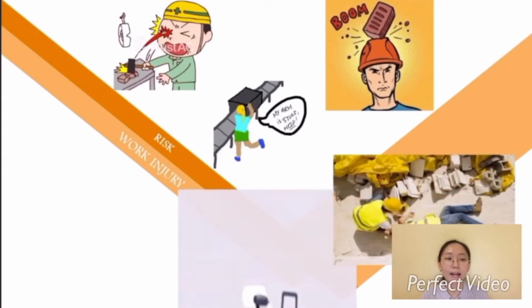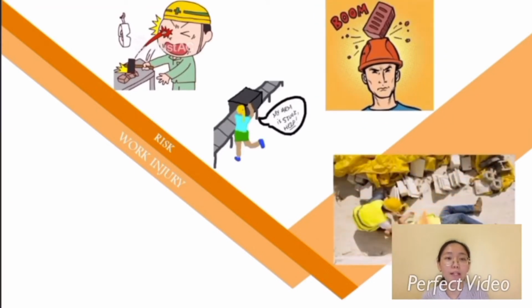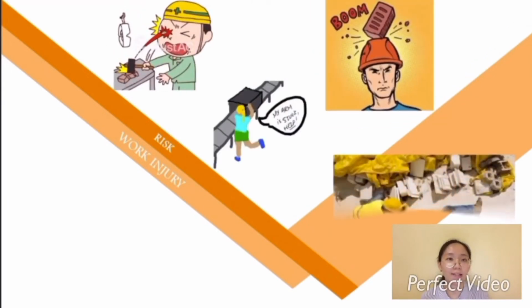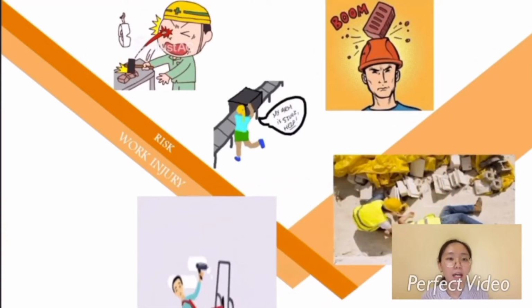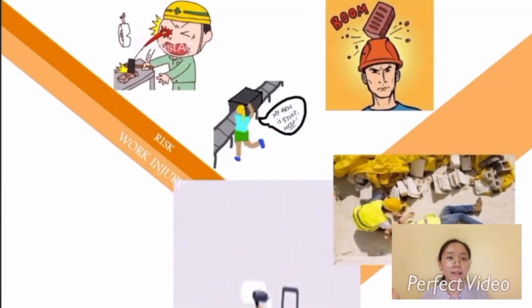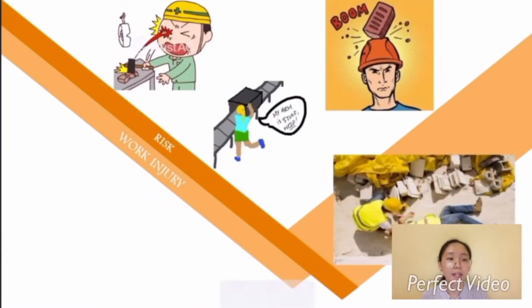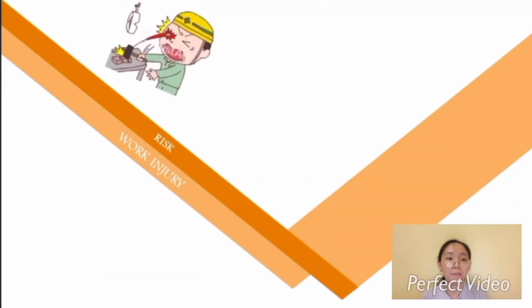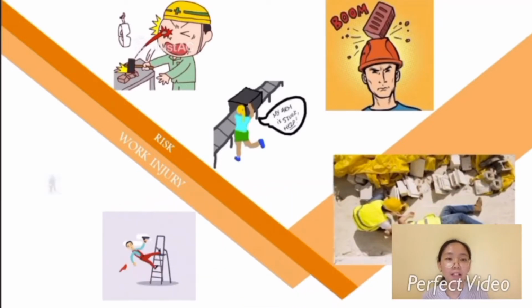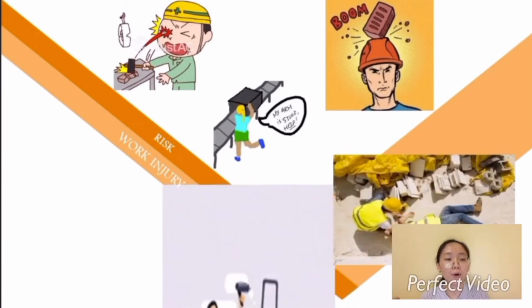Just like that guy over there with the orange helmet, which he always wears whenever he goes into the industry area. So whenever luck is not with him and he may fall from a certain height, or a stone or another heavy material falls on his head, the injury would be less severe. I don't say that he wouldn't get any injuries, but at least the injury will be less severe.